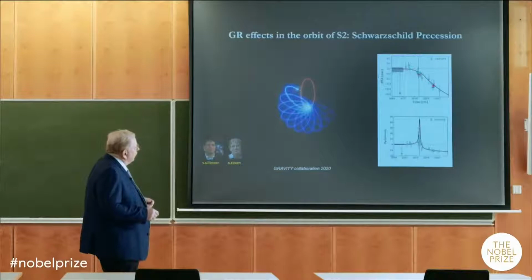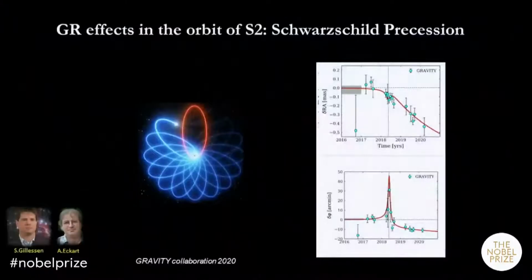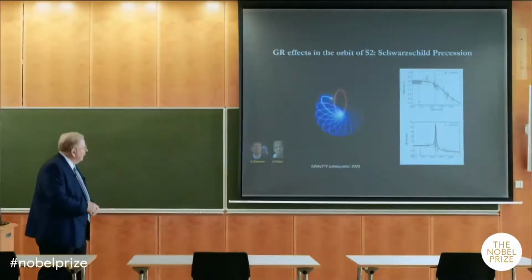Okay, here are the different measurements in x. So you see clearly this kink, and here you can see the change in angle, and indeed exactly as predicted by general relativity. So that's very, very important, because it shows us that indeed GR holds also in these extreme environments which have not yet been tested.